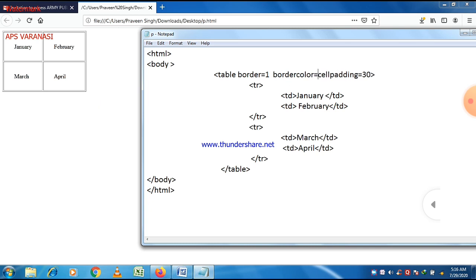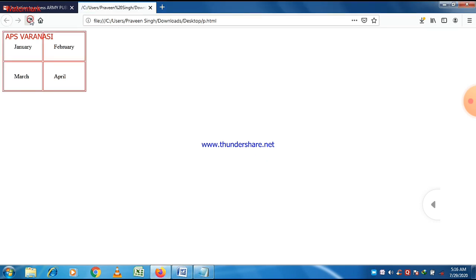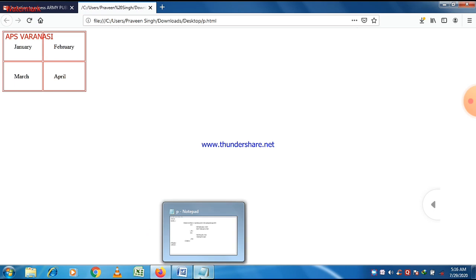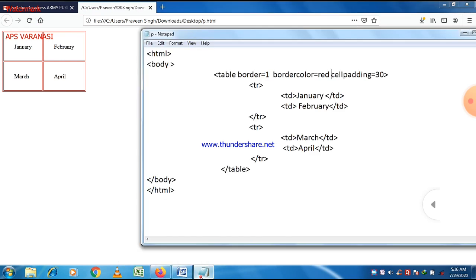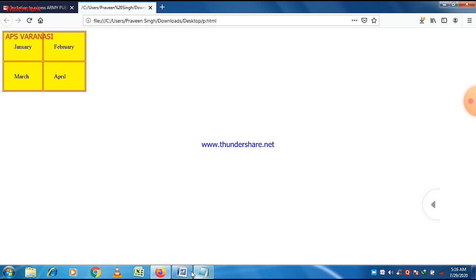And if you want to set the border color, just give a value to the border color attribute and save the program. Now the border color is right here, you can easily see that. And if you want to change the background color, then it is also possible. Here I want to give a clear idea about how different attributes can perform together. BG color equal to yellow here, so let us change the background color of this table, save the program, and then just refresh the web page. Okay, now the background color is yellow.